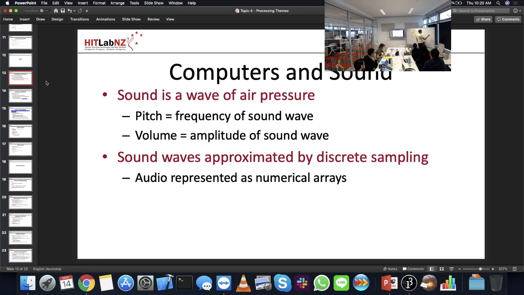There are two things in here. We talked about the volume. The volume is the amplitude of the wave. If this gets larger, it gets louder. If it gets smaller, it gets quieter. So this would be louder, and this would be quieter. The other thing we have is the frequency. This would be a deep low pitch, and this would be a really high pitch. So it's the compression of the wave that determines the pitch. So this would be deeper,